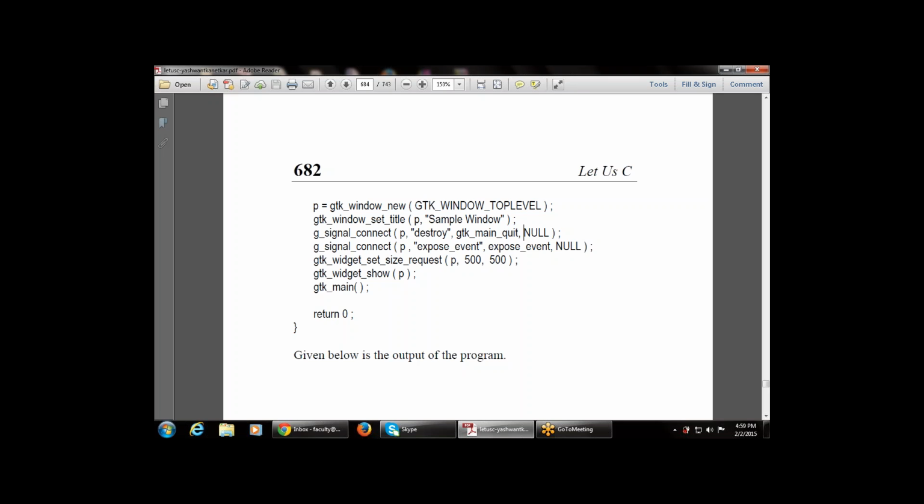Then setting the title of the window, that is GTK window set title. And there are two arguments that are used, one is P, one is sample window. Then G signal connect, that is the next part. And there are various arguments, that is P destroy, GTK main quit, null. Then G signal connect, P expose event, null. So these are the various arguments for destroying the event, for exposing the events, for setting the title of the